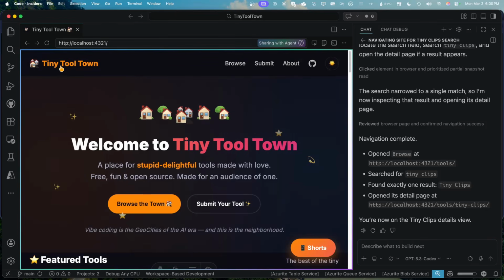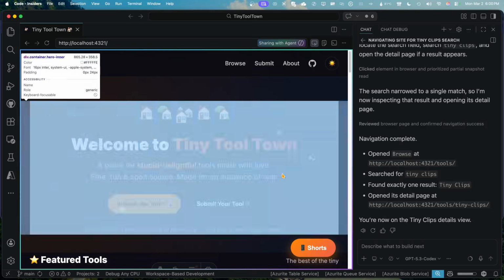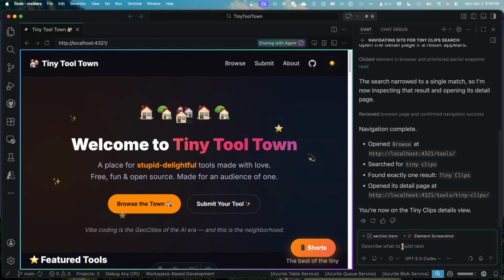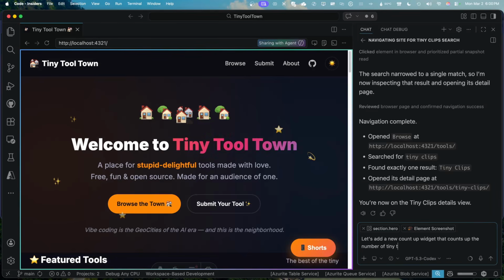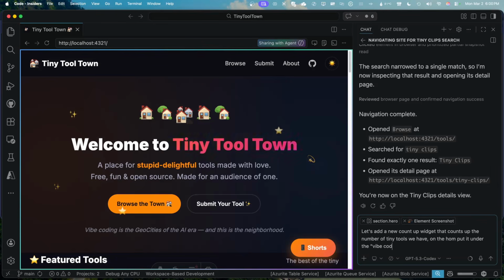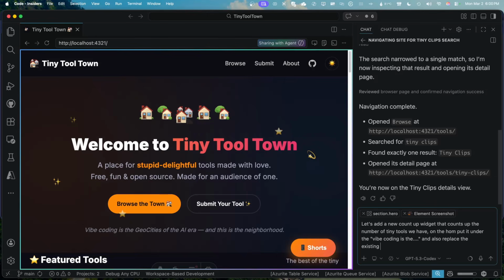So for example, let's say I go back into the home page and I want to add a little count up timer. I might first go ahead and add a little bit of information here, like the DOM of the hero of where I want to put it. I'm going to tell it to add a count up widget that counts up, and I want it to be not only on this home page, but I also want it to be on the browse as well. And there's kind of a control there, but I want it to be fancier, right? So I want to create like a reusable control,